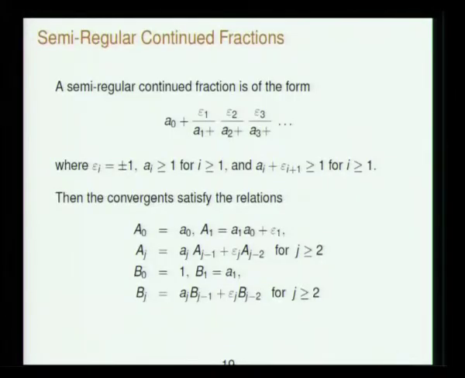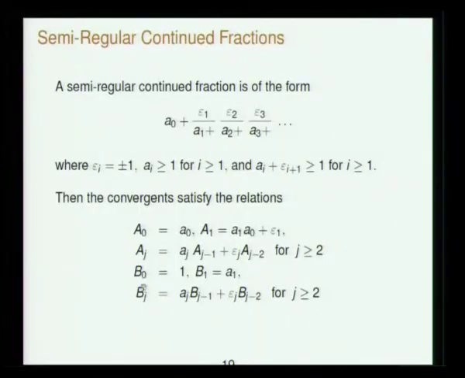Now from these simple continued fractions, you should go to something called semi-regular ones. How are they different? Instead of only plus 1s occurring here, plus 1 and minus 1 can both occur here. That is called a semi-regular continued fraction, and certain mathematical conditions which we can ignore should be satisfied. So the convergents of the semi-regular continued fraction will involve these epsilons in their recurrence relations. We saw this recurrence relation in Chakravala then itself.